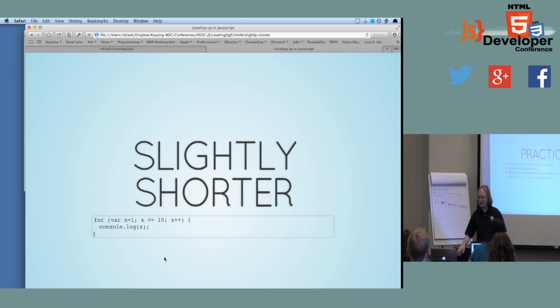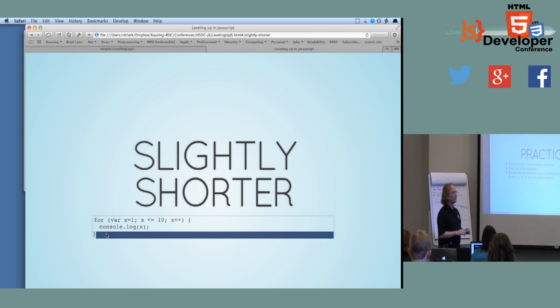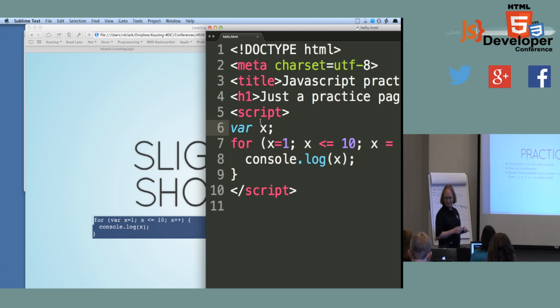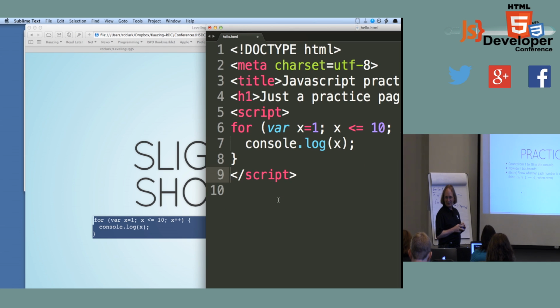So, a slightly shorter version of this. Bunch of shorthands here, but again, if you're a programmer already, the shorthands come in useful. First off, I don't really need to declare the variables separately. I can say var right here at the start of the for loop, var x equals 1, x is less than or equal to 10, and then that last little thing at the end, x plus plus. Again, C programmers are going to say, yeah, we know this one. Plus plus after a variable name says return the variable and then add 1 to it. In this case, developers just use this as a shorthand for add 1 to x.